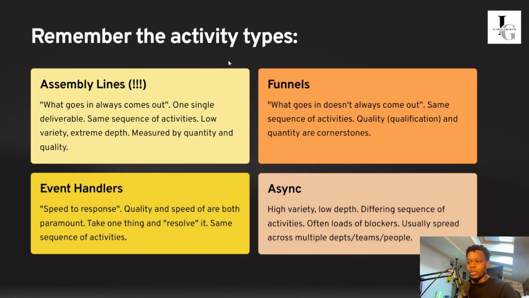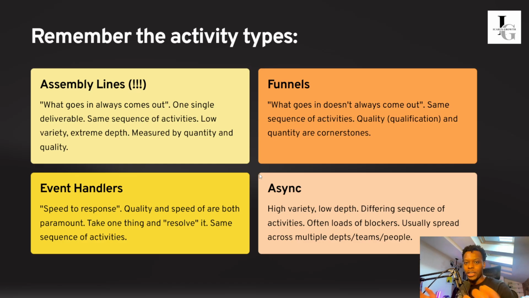So one thing that you need to pay attention to is the activity types. I covered this in a previous video as well, but all types of fulfillment, just in general, all types of deliverables that can be created fall under one of four categories: assembly lines, funnels, event handlers, and asynchronous activity. So assembly lines are just what goes in always comes out, one single deliverable. So whether it be emails, flows, landing pages, websites,